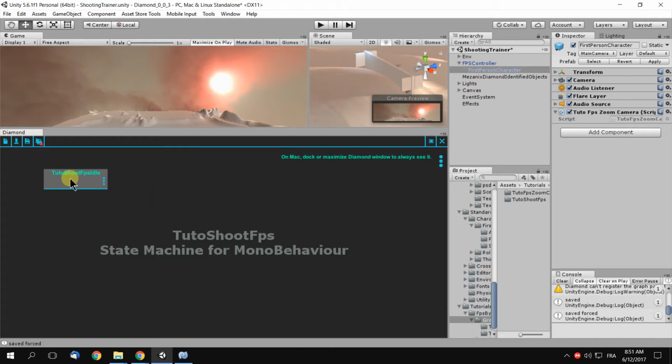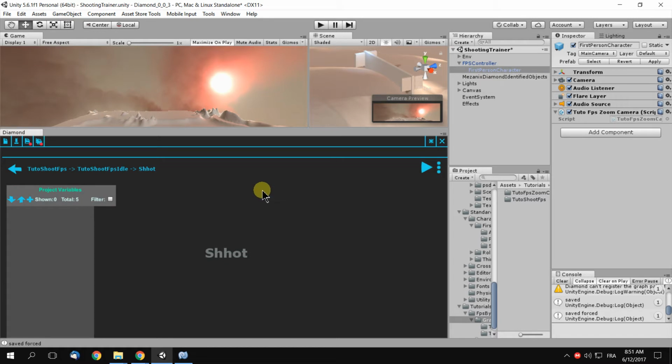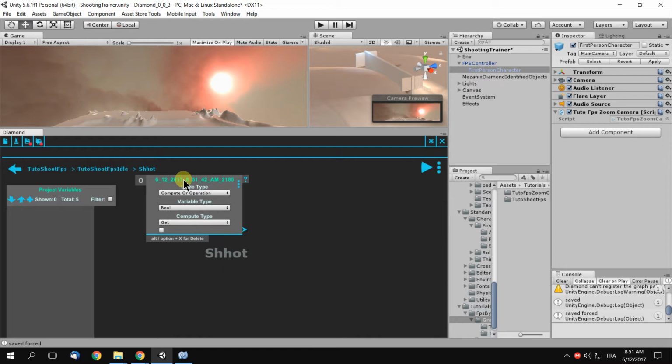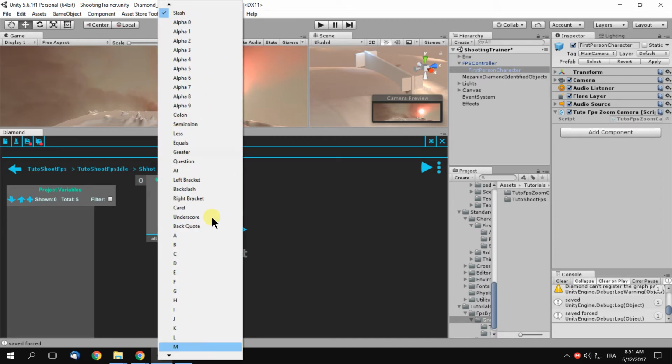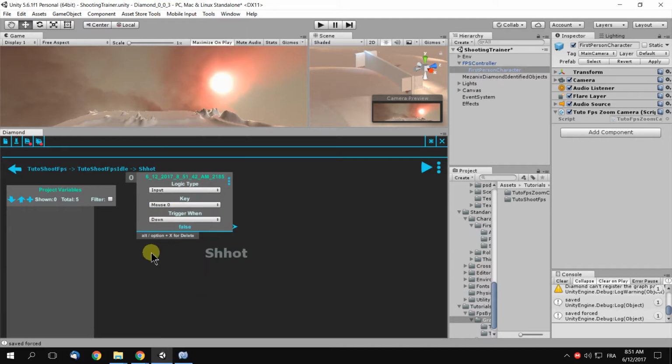Now in my created state machine I don't need any other states for now. I need only the idle state in which I create my logic. I call it shoot, and in my logic I need to tell the input that when I click the left mouse button, mouse 0, I need to